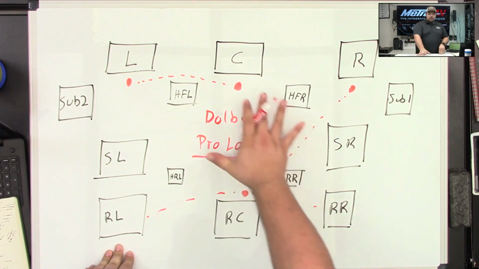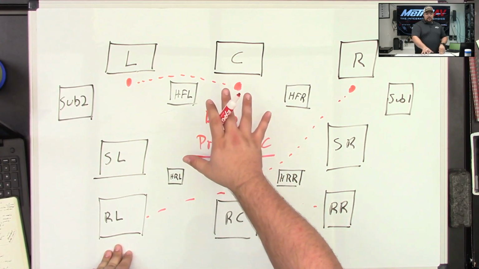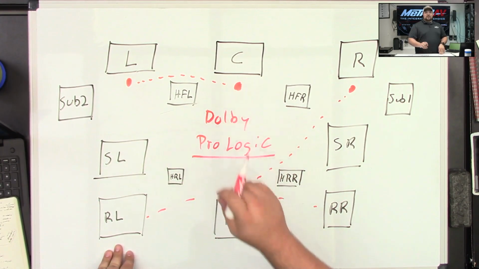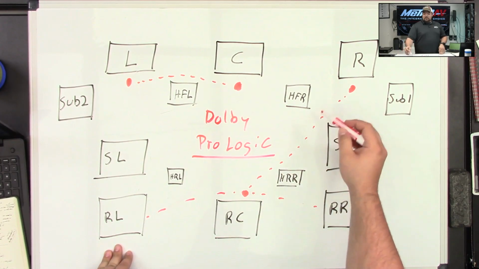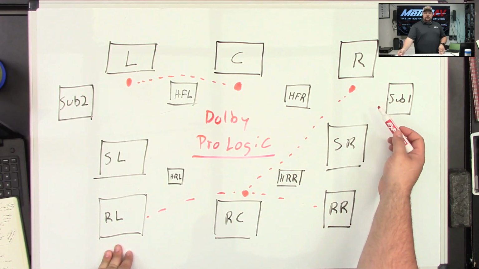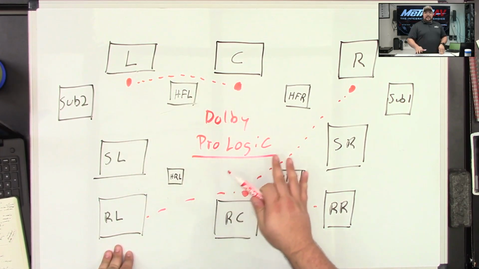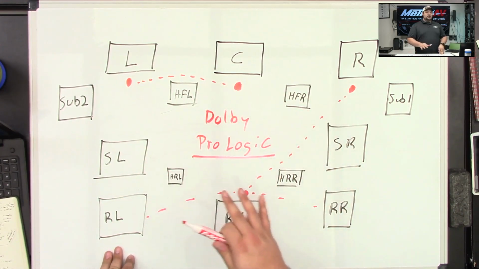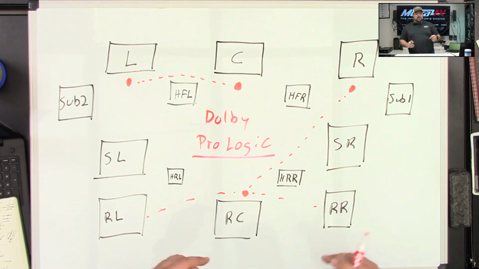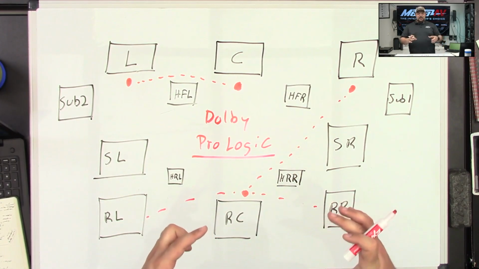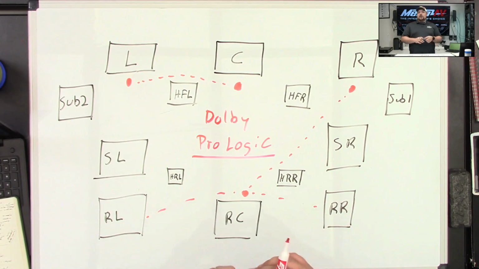Now, the problem with the Pro Logic system is that the data was compressed. And so a lot of times, you wouldn't have super low lows for a subwoofer, and you wouldn't have the high highs in order to get a full image out of that audio. And so it would sound a little tinny, the mids would be too strong, and so you would get kind of an odd sound.